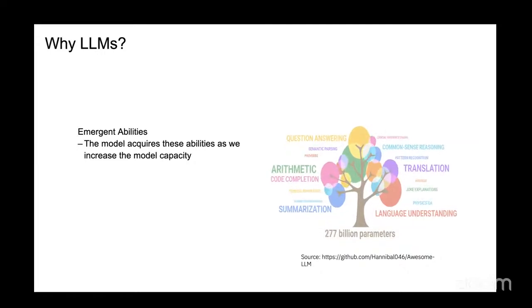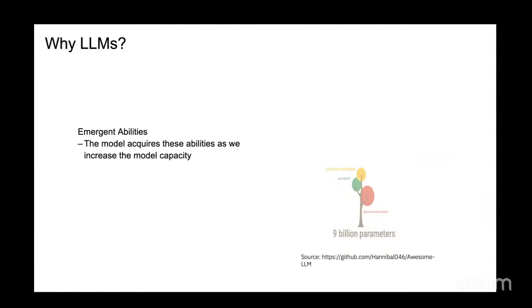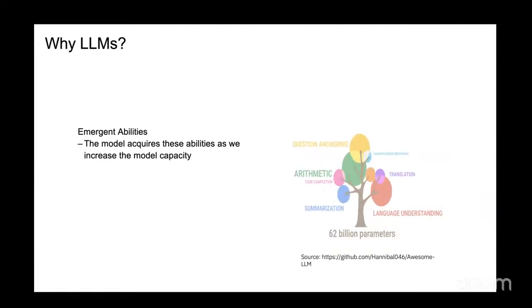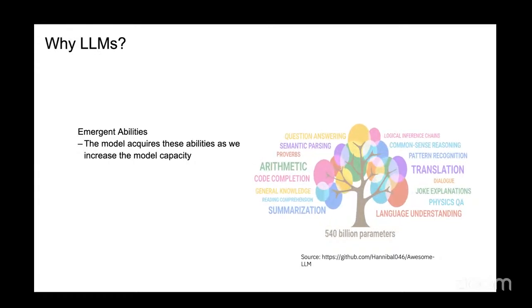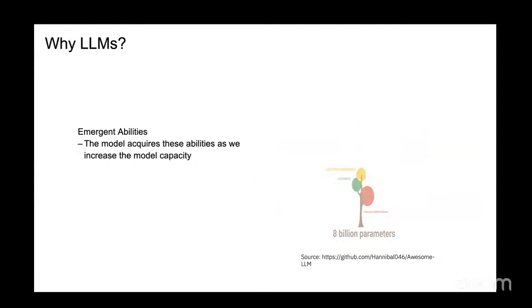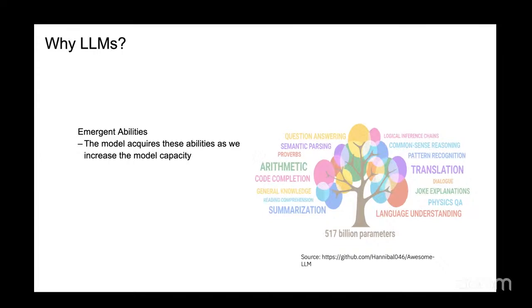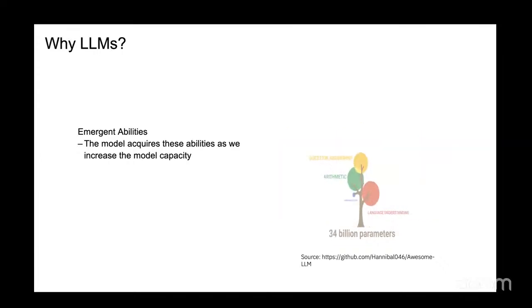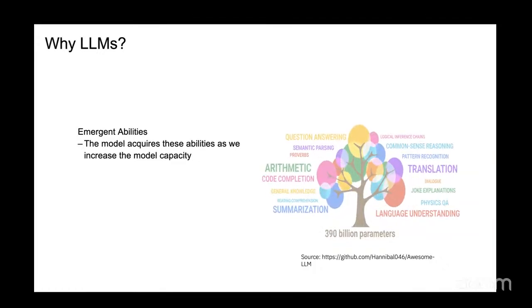We started with simple applications like summarization, sentiment analysis, translation, question answering, and some arithmetic question answering. Then as I increased the model size, I started seeing more and more evolution happen. For instance, you could have a dialogue with the model. It can do code completion. It can do common sense reasoning. It started writing emails. It started doing a lot of things which are useful to you. That's the initial iteration of what ChatGPT is.